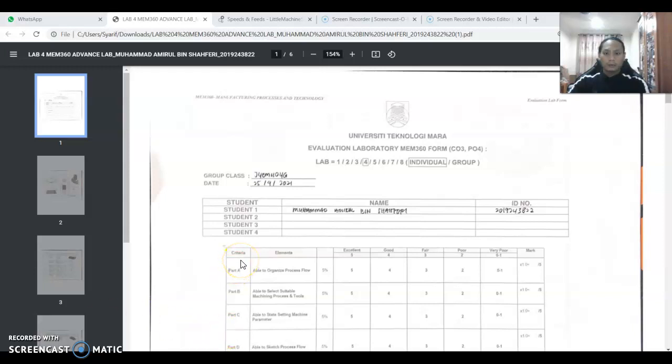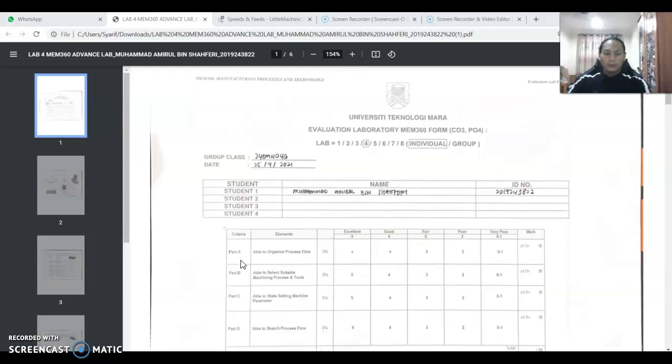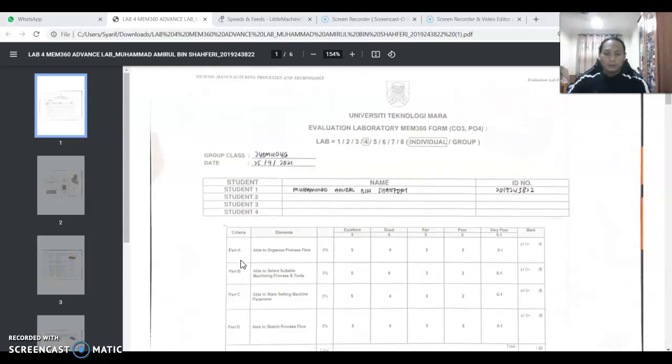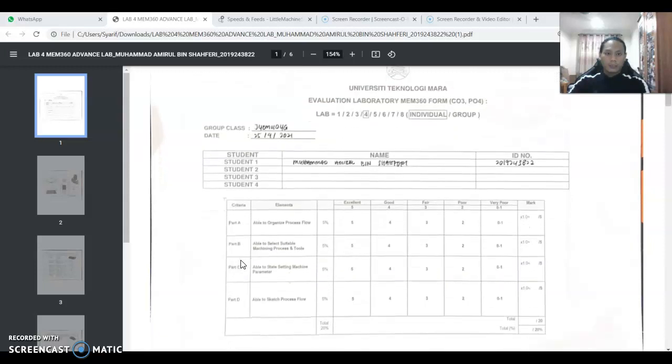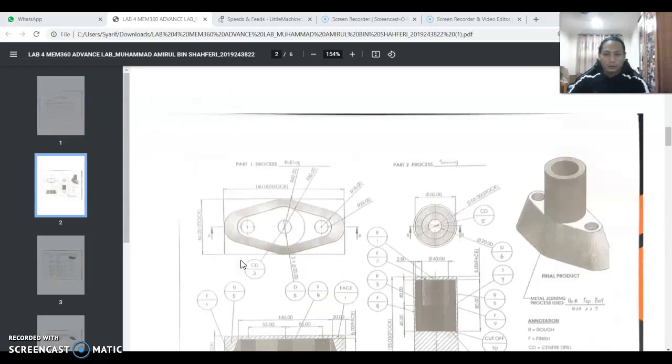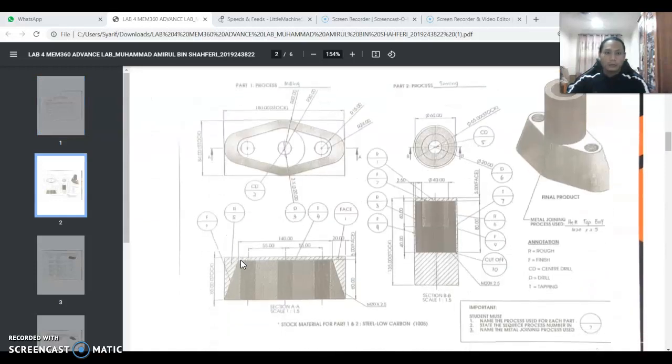As for today, I'm going to do an explanation about the experiment for lab 4, which is the advanced lab. Okay, now we'll go through the product that we want to produce at the end of